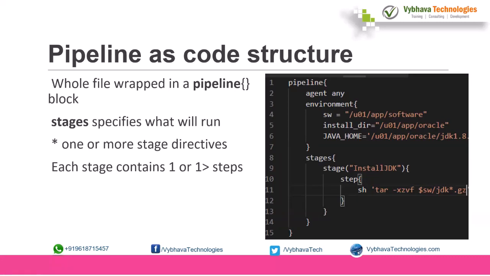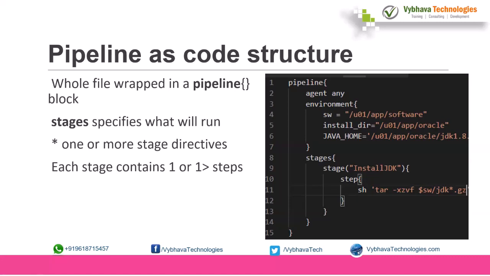For the variable declarations, generally in any C program or Java program, variables are declared at the top. In the same way, environment variables we can define at the second level. So where to run comes after the environment. Environment variables can be directly accessible. Whenever I want to use the software location, SW, the SW variable will be used in the shell like $SW. Any variable, install directory, Java home directory, these are the variables we regularly need to use